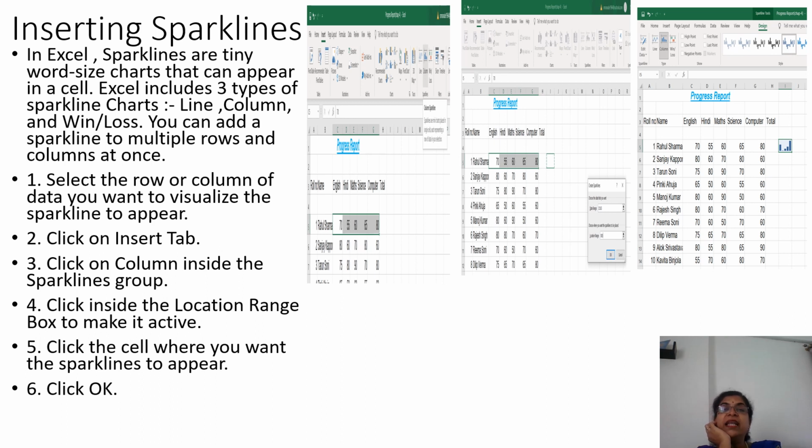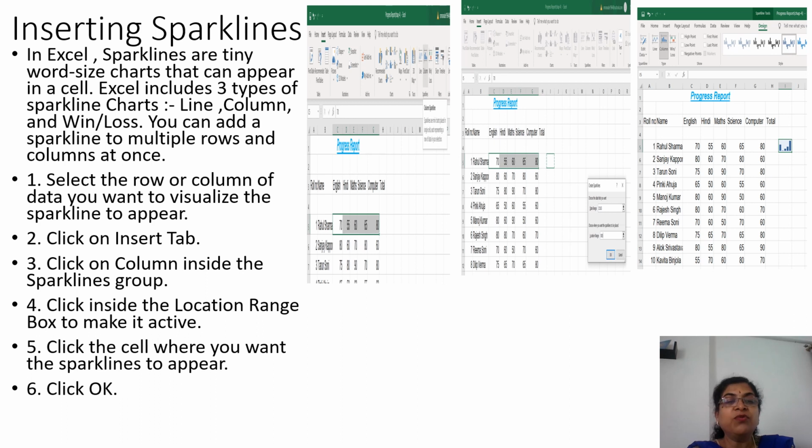For that, select the range of the data. Now here for the first person's record, that is Rahul Sharma, we are selecting all the marks he secured, and then after the total column I am selecting one particular cell, and there click on the insert tab, click on the column inside the sparkline group, click inside the location range box to make it active.